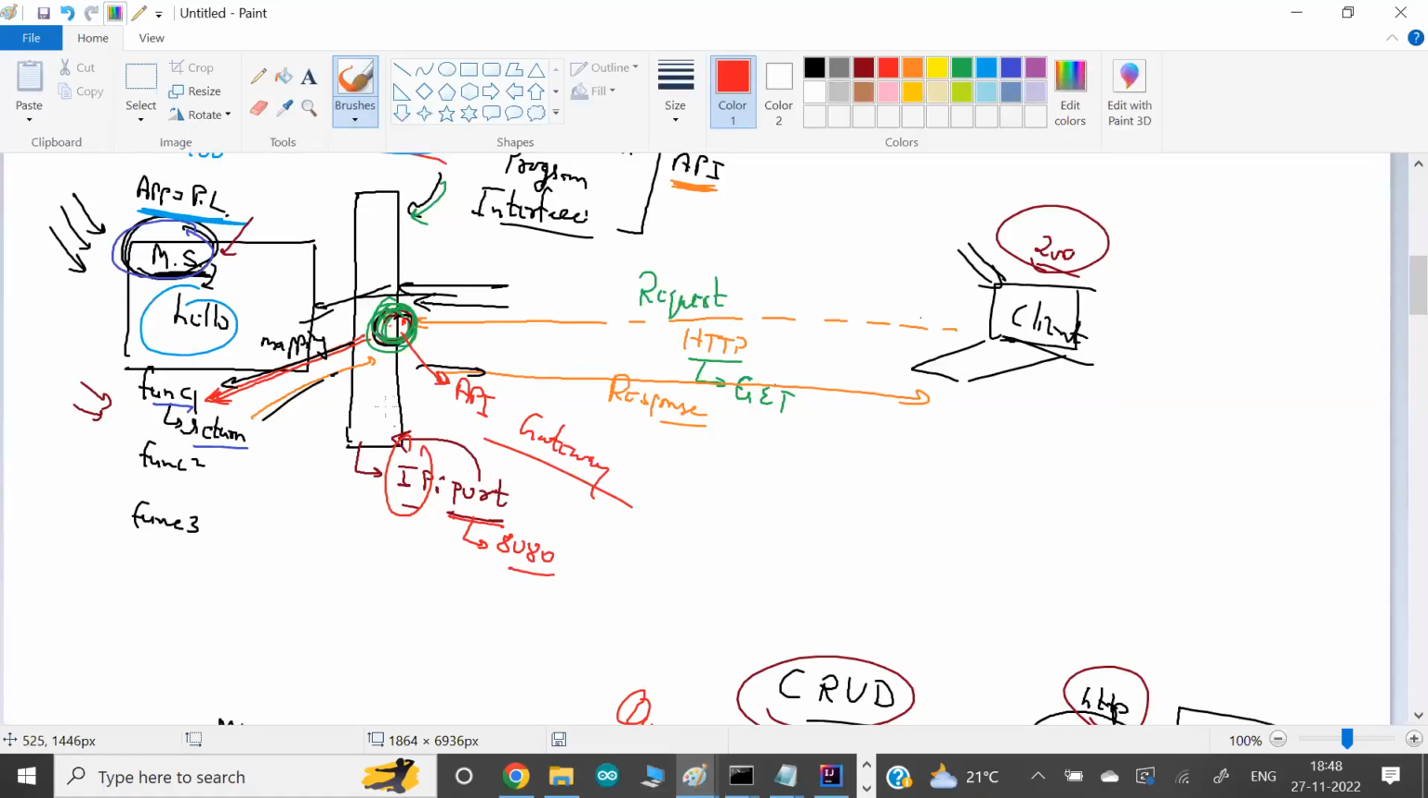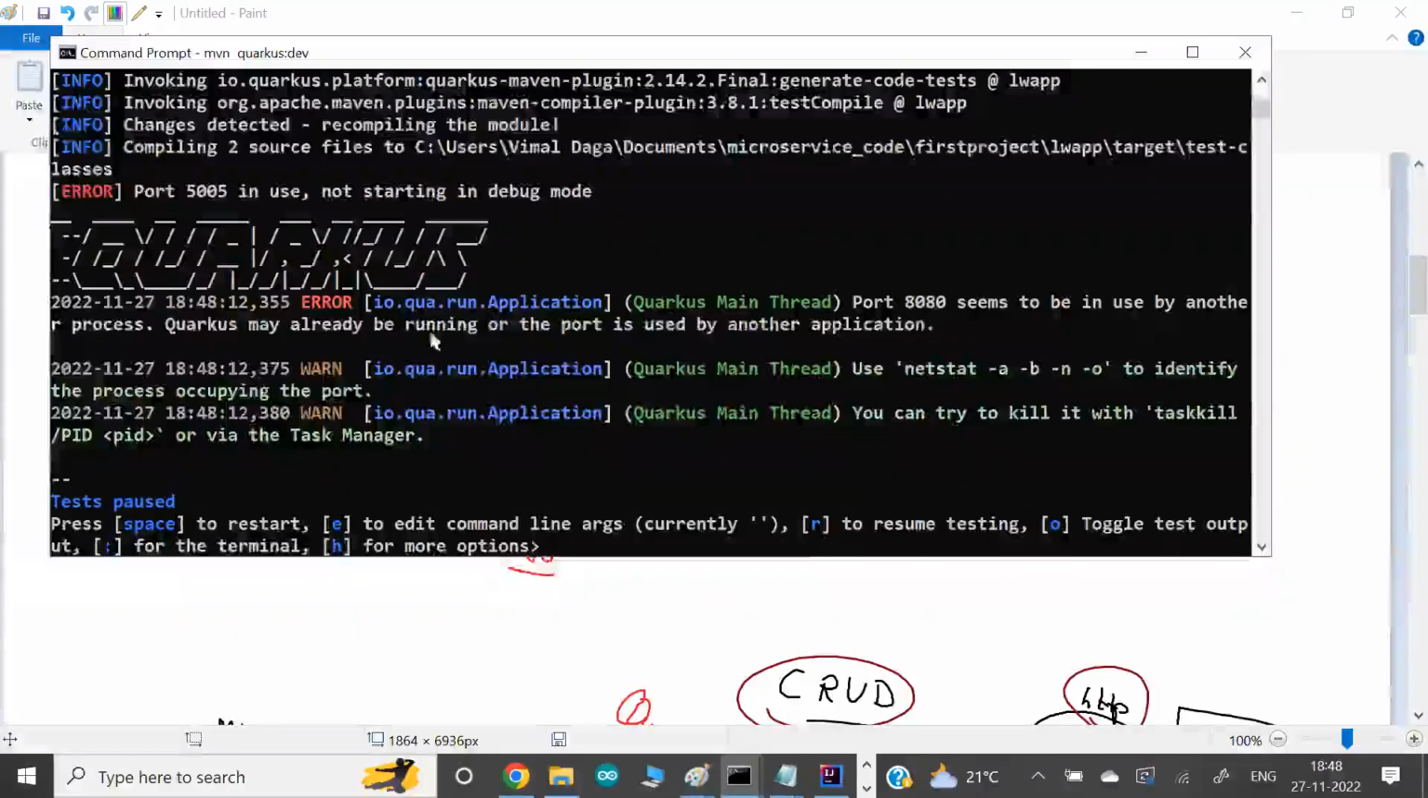Okay, and my program has a capability: any client that wants to connect to me, they can connect via HTTP or any of the REST API methods. What are REST APIs? We'll discuss. So this is what Quarkus will give you. I don't have to code; Quarkus will give it to us automatically. And I can say Quarkus